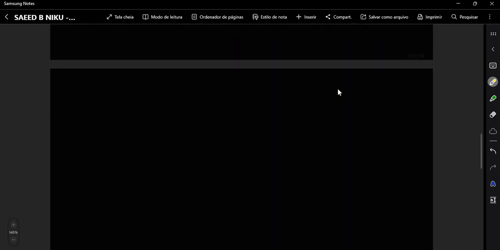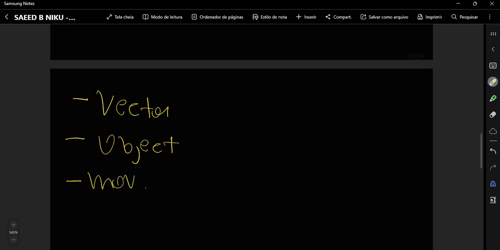When a referential, and it can be a vector or an object, or even a movable referential, is moving on a space in relation to a fixed reference system,